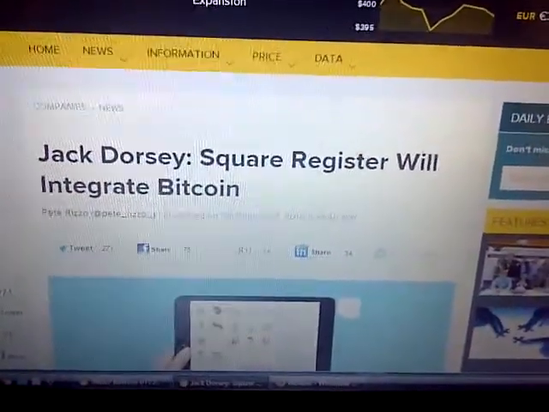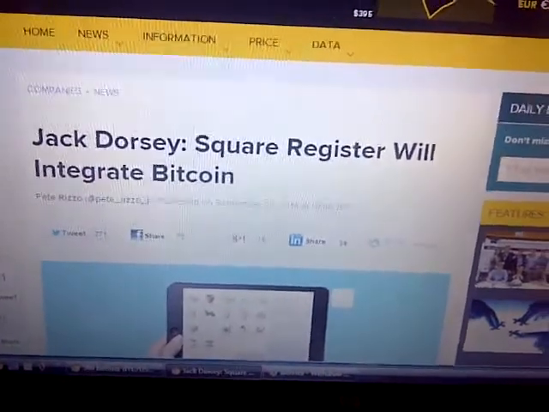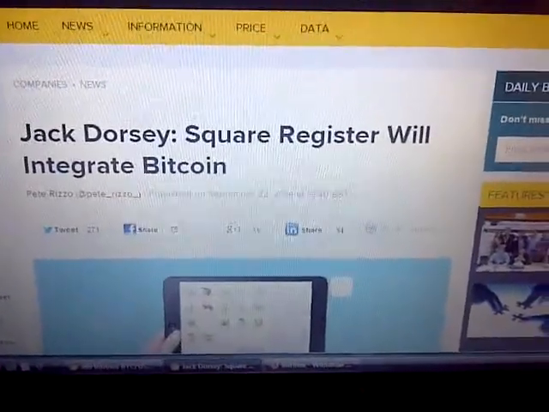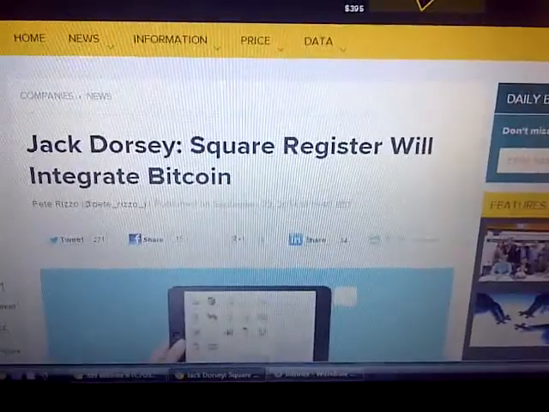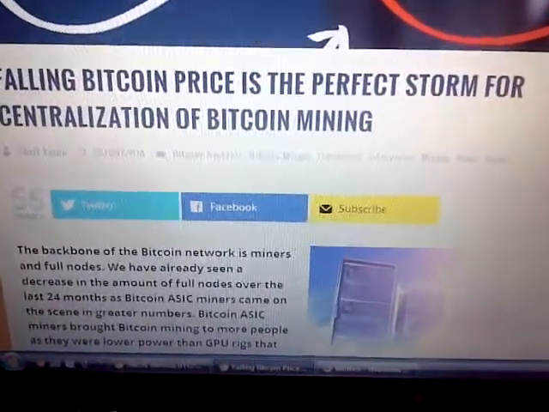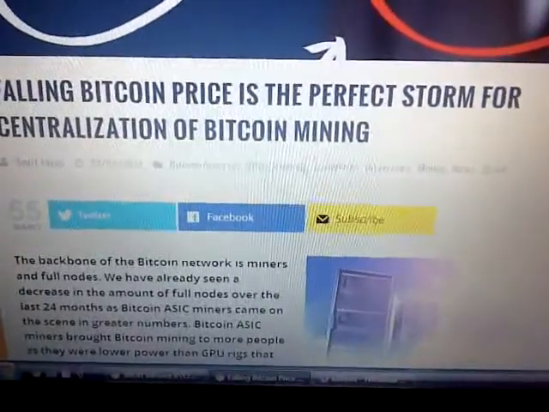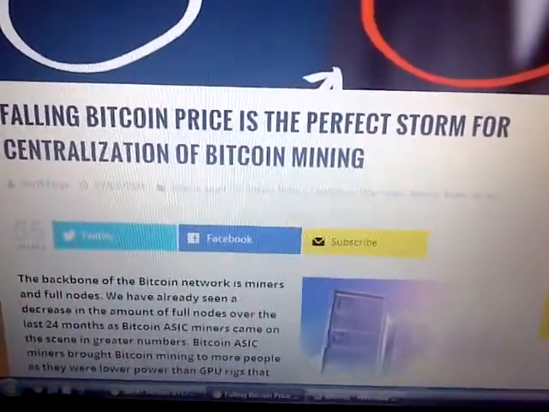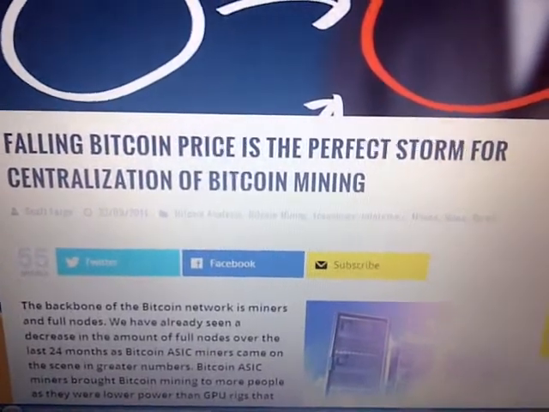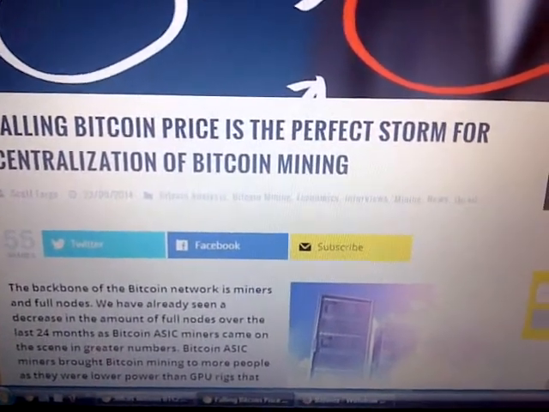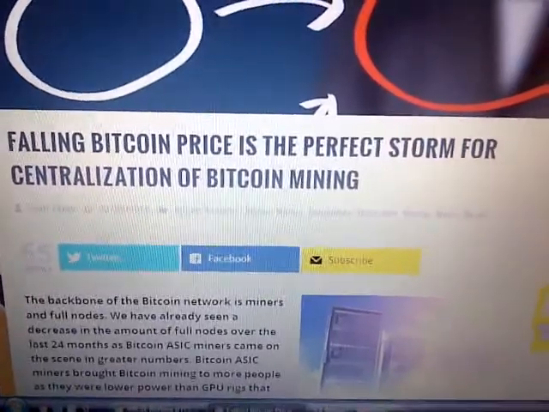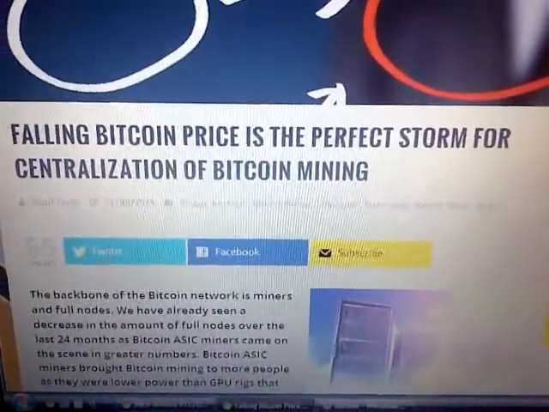This is CoinDesk here, and they've more or less been confirming what I've been saying. Well, let me first start with this particular article: falling Bitcoin price is perfect storm for centralizing Bitcoin mining. This article is talking about how the difficulty is going up, and the price falling down is driving a lot of the mining rigs out of business, and that's probably going to continue. At the same time, mining is still going to be decentralized, except there's going to be fewer